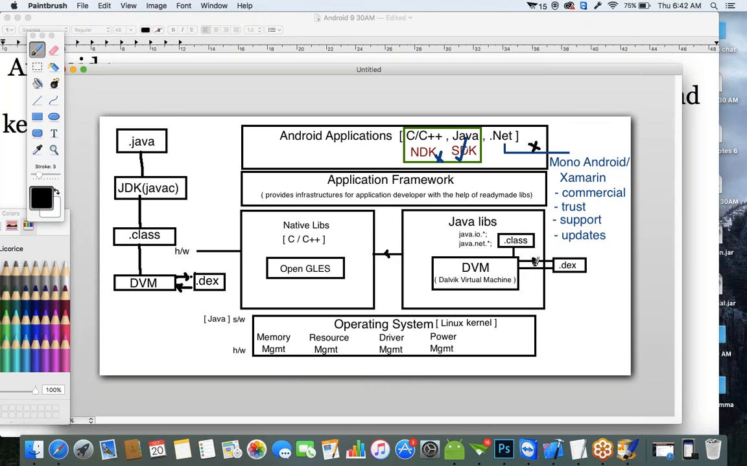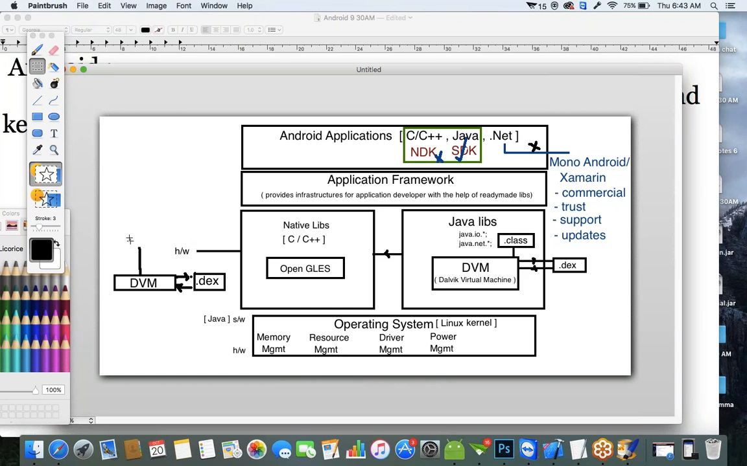This whole diagram shows the architecture of Android. Now, if you see here in this architecture, just give me a minute. I'll remove all these unnecessary things. Yeah. So this is the architecture of Android. This whole diagram shows the architecture of Android. Now, in this architecture,